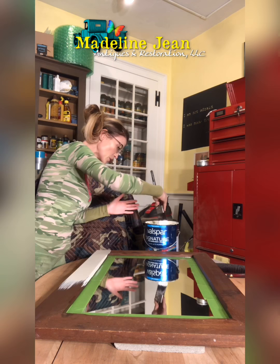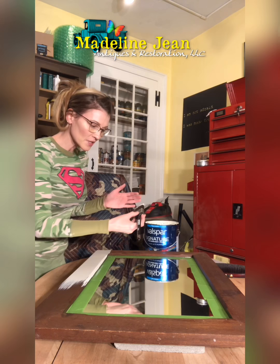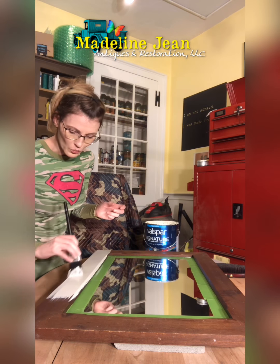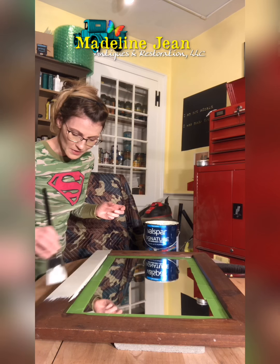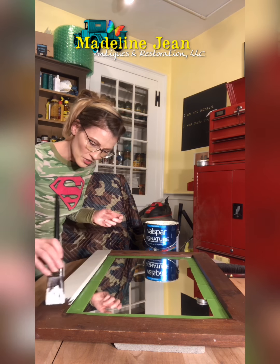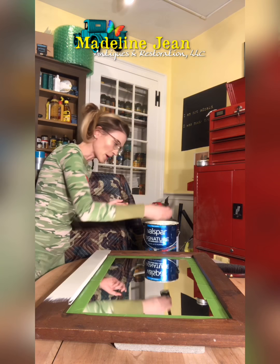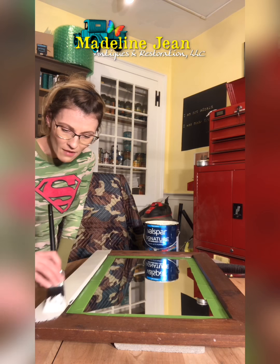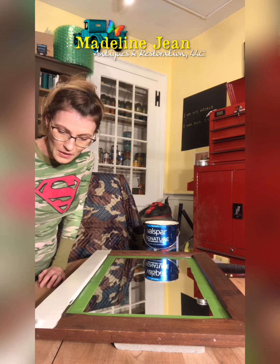So, like I said, I'm using a Kling-On brush. The size of this Kling-On brush is called an F40. They've got all these different weird numbers and letters, but this is the F40, and it's the flat brush. And again, you're noticing I'm going back and forth with my brush. Once I have one side of this mirror completely covered, and this is like with anything that you paint,